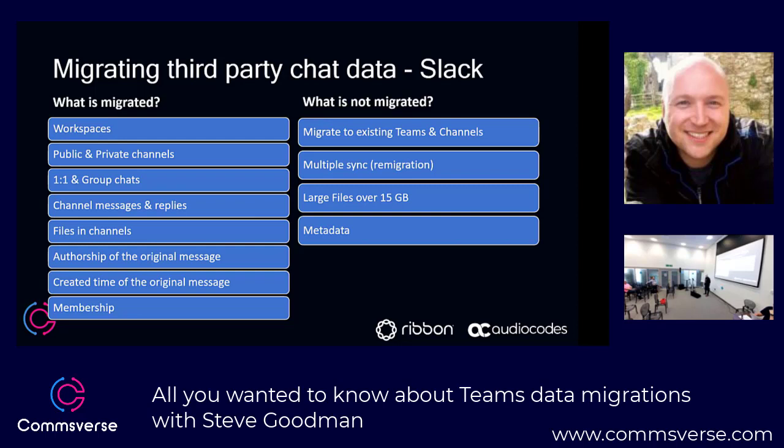But the reality seems to be that people talk about it, they like the idea of it, but it doesn't happen a lot. So most of these tools from vendors at the moment are using these beta APIs from Microsoft. And the beta APIs for moving chat data into Teams are better than the existing ones because they allow for better data fidelity. All of the migration vendors are using the production ones today, where it's due to Microsoft's limitations. It's not very good if you're bringing chat data in.